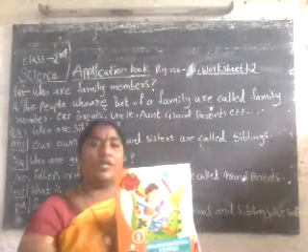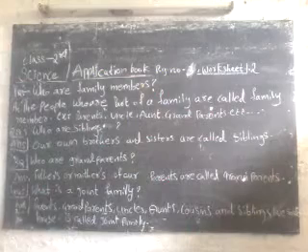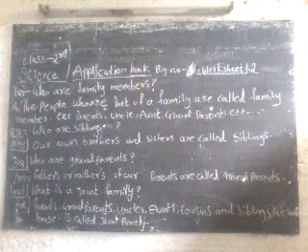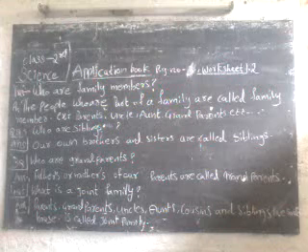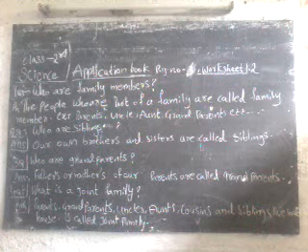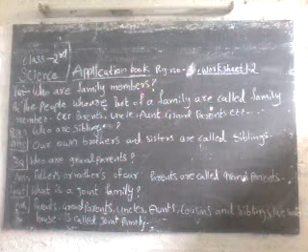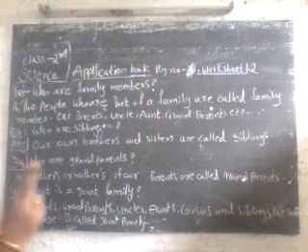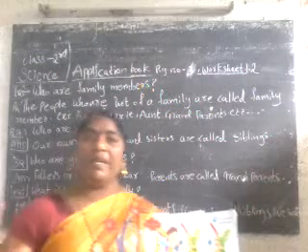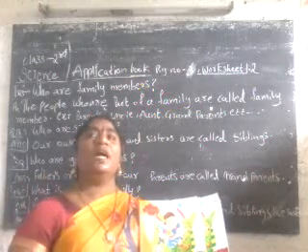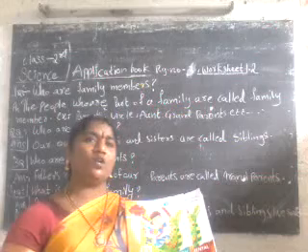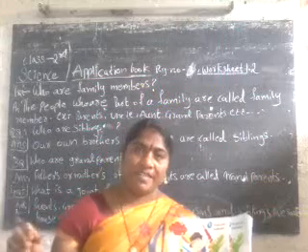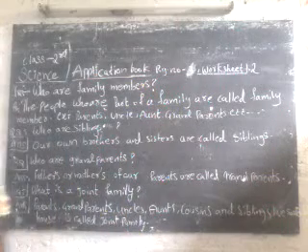The course book belongs to text lessons, and then the application book. Two types of textbooks are there: one is the course book and the other is the application book. Then, children, you should buy the textbooks. You get two sets of books for English, two books for EVS, environment science, and two books for maths. One is the course book and one is the application book. English also has an application book and a course book. EVS also has an application book and a course book.